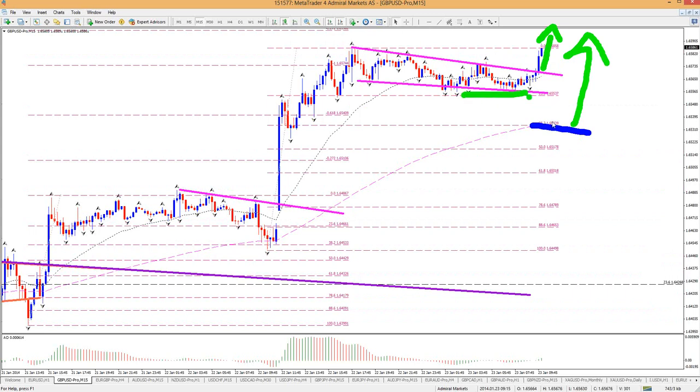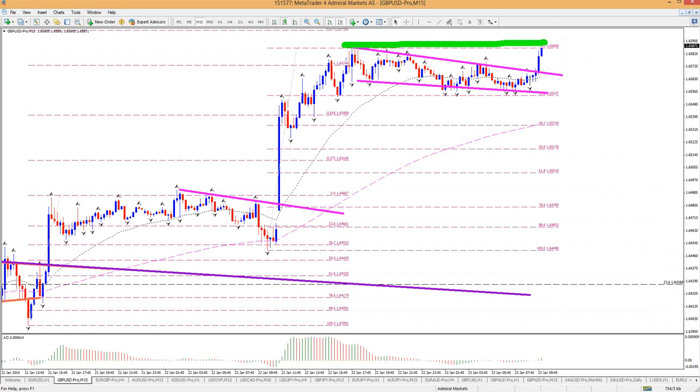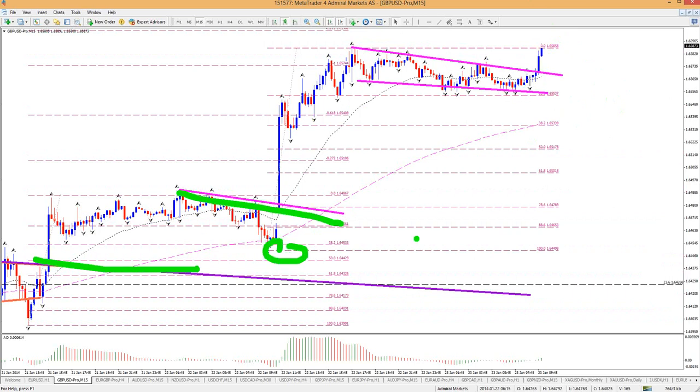23.6 is quite a shallow fib, but let's see if we can really break to the upside. This could be still part of the consolidation, and maybe we move to 38.2. Maybe not. In any case, if it doesn't, I'll have to wait for something else. This was a good break, though. This was a good pullback, etc. But this could turn out to be one, but as I said, too shallow. So let's take a look